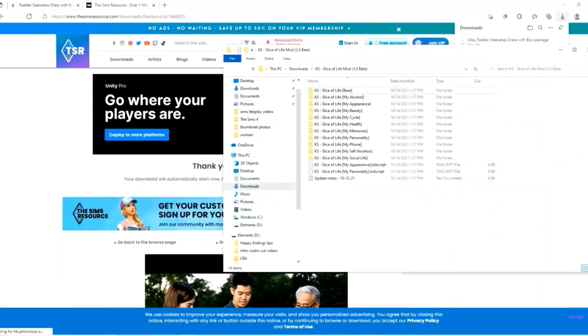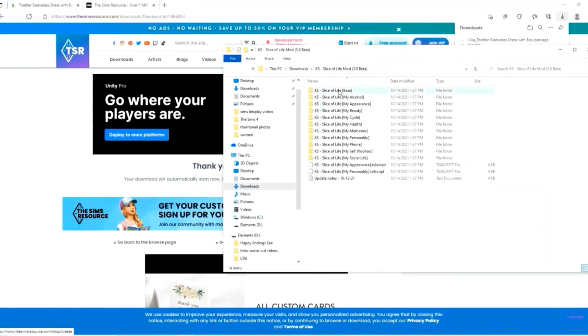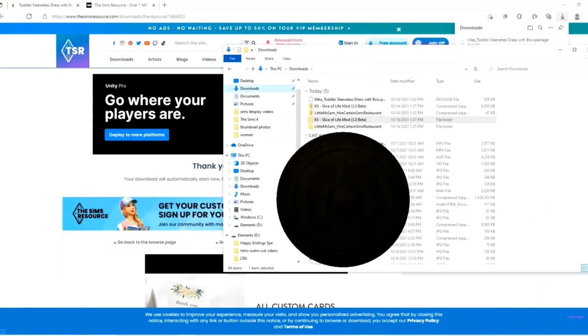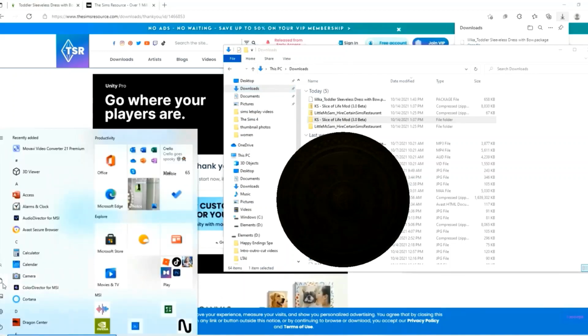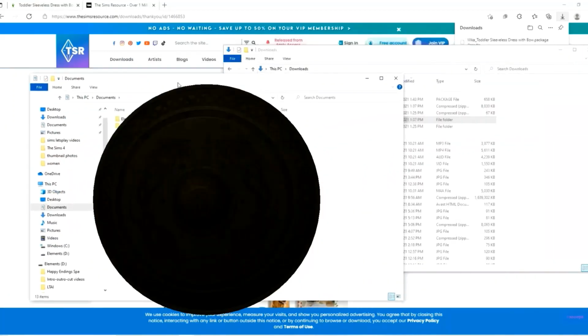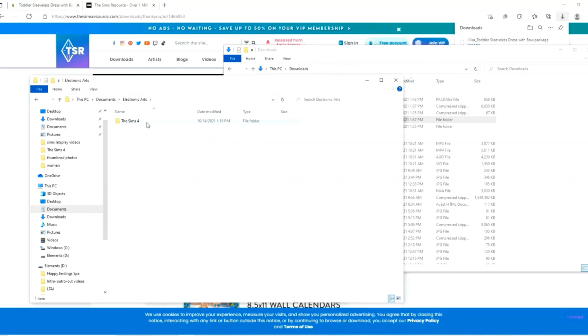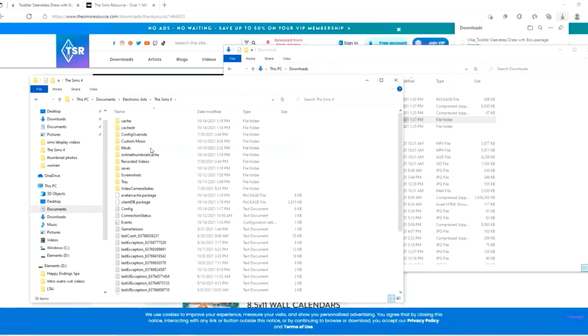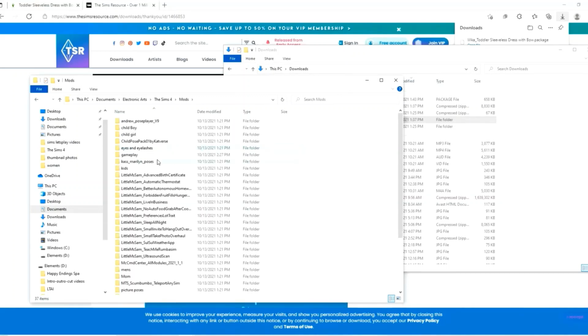So yet again, I should actually still have one open. I do. We're going to hit downloads on that one. Going to open up another document. We're going to go to Electronic Arts, Sims 4. Now I'm purposely closing these down. You don't have to close them down. You can leave it open. We're going to go into mods. Now